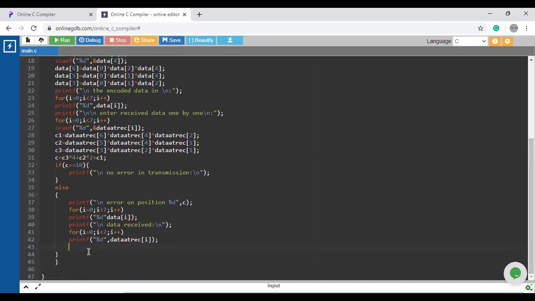So now, till here, I have compared the values between the sent data and received data.